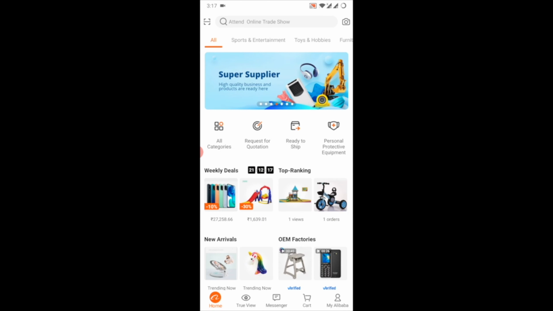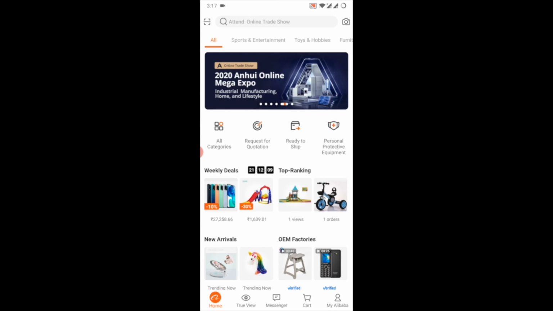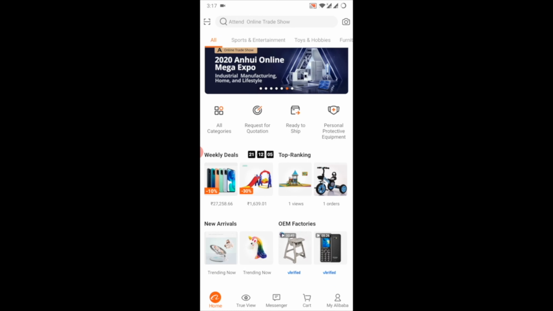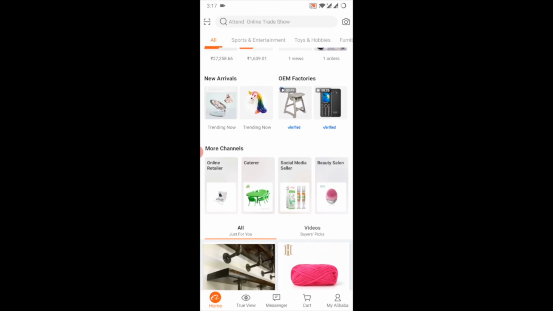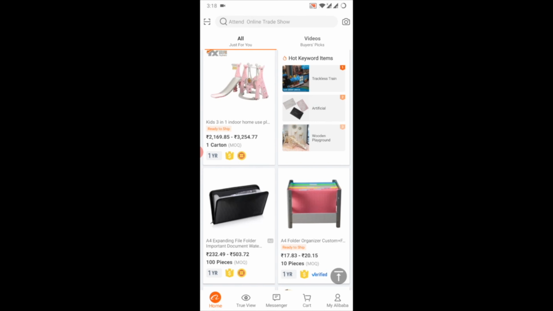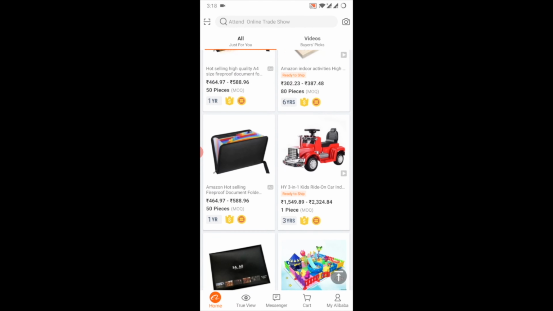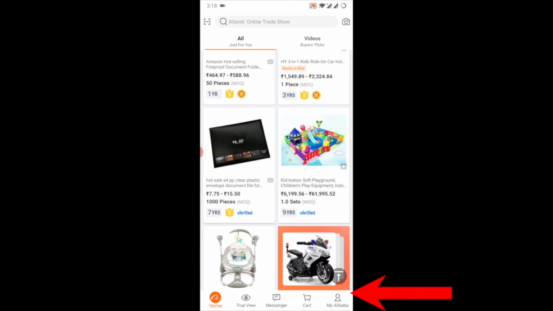It is very important for a seller to know what a request for quotation is. Similarly you have other options: deals, arrivals, channels and related products. The most important part of this app is at the bottom right-hand side, called My Alibaba. Just click on it.